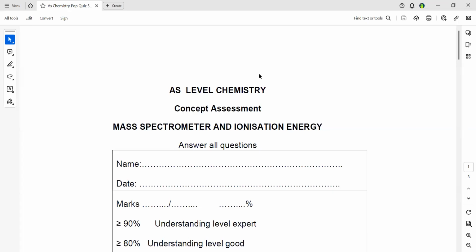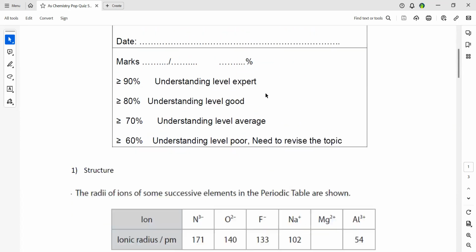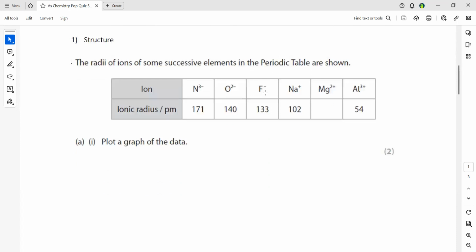So this was pop quiz 5, which was related to mass spectrometer and ionization energy. In the first question, the structure question, the radii of ions of successive elements in the periodic table are shown. Then you have to plot the graph